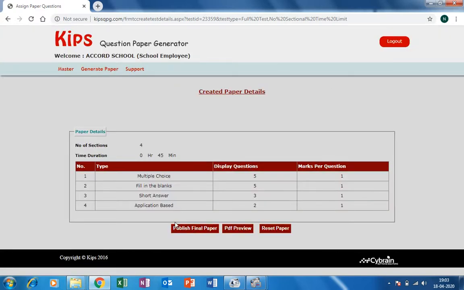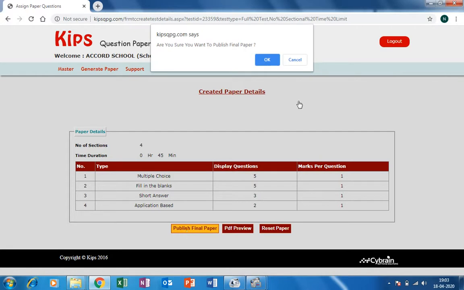So now here click on publish final paper. If you want, you can preview the PDF view, otherwise click publish final paper. It will ask you again, click OK.